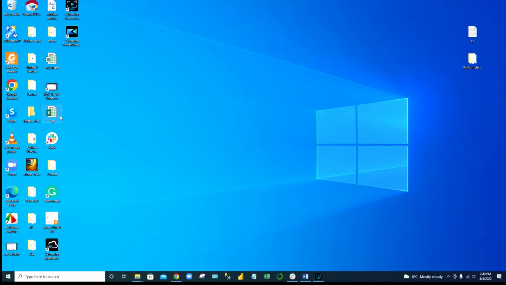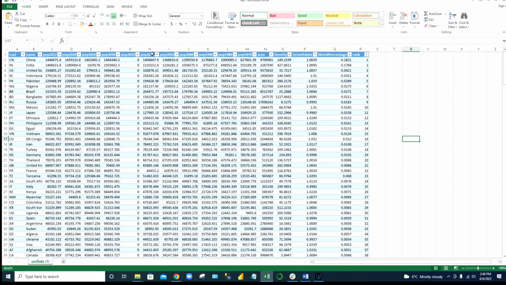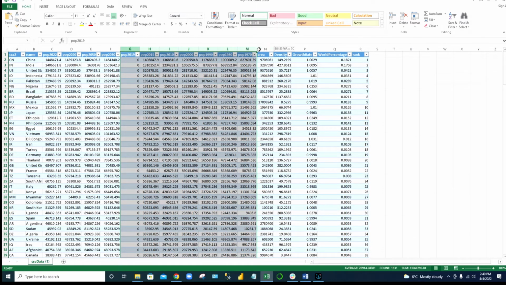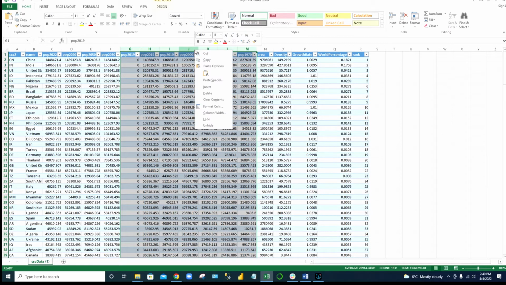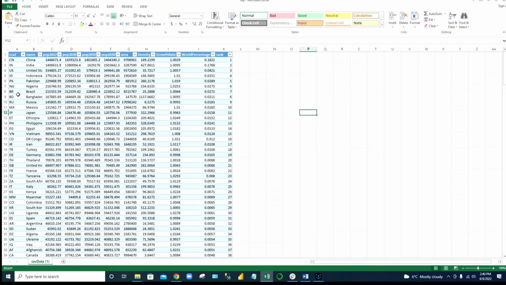So I'm going to minimize this. Now here you can see on my desktop this world population file. I'm going to open it. This is the data in the table. It also has all these columns. I don't need all of those, so I'm deleting the previous data. Alright, so here is all the table data, and through visualization I wanted to show between